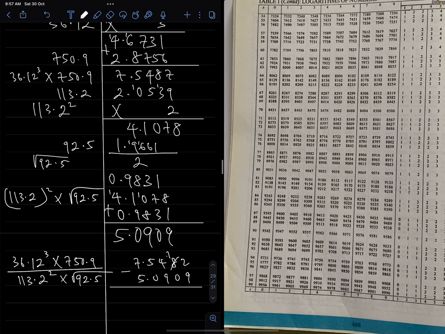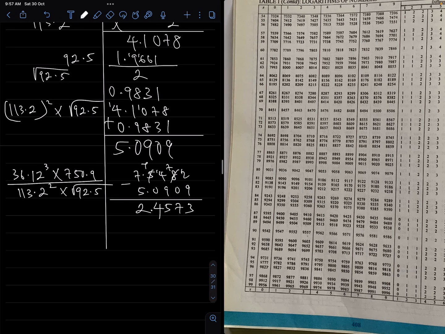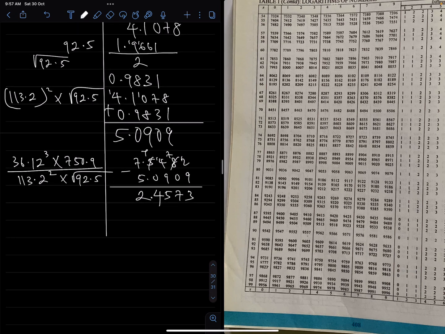So borrow 1, here is 7. 12 minus 9 is 3. 7 minus 0 is 7. Borrow 1 is 4. 14 minus 9 is 5. 4 minus 0 is 4. 7 minus 5 is 2. So we have 2.457. That's the end. We just find the anti-log. I will say therefore